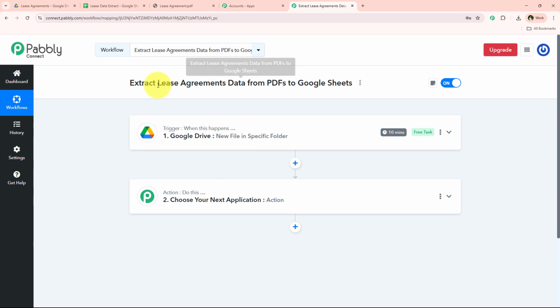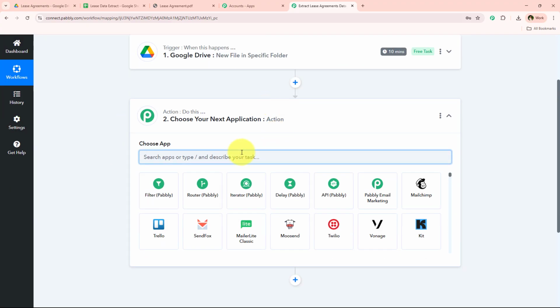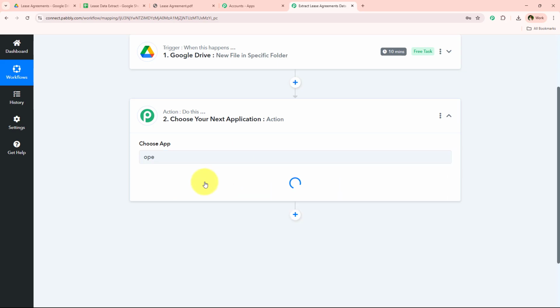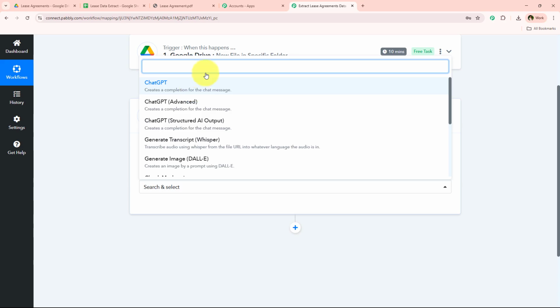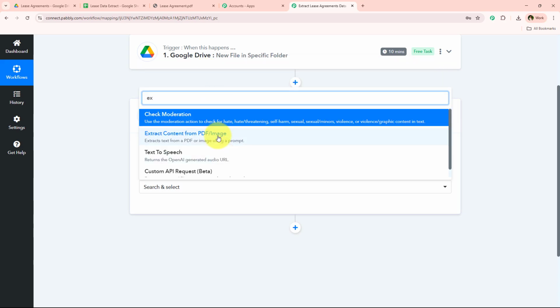Now I just want to extract the details from this lease agreement using an AI agent. For that, I'm just going to select my action application as my AI agent, which is OpenAI. So I'm just going to search for OpenAI and select it right over here. And now for the action event, I'm simply going to select it as extract content from PDF/image and click on